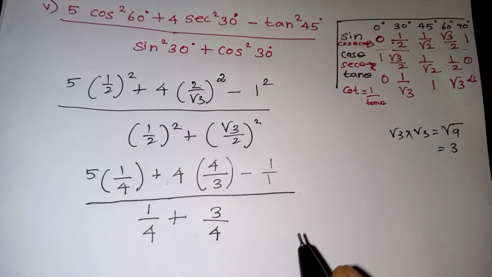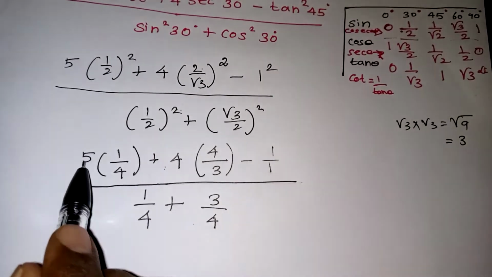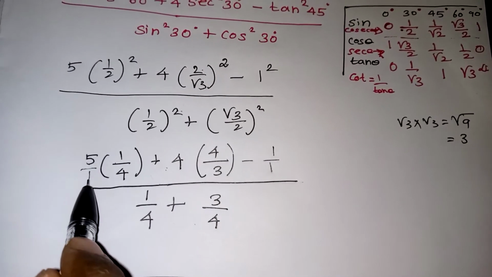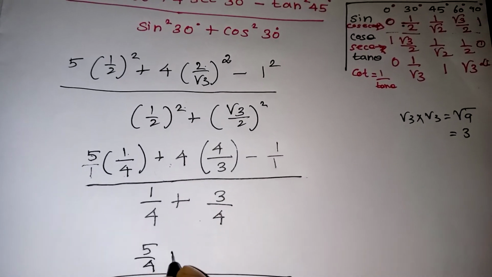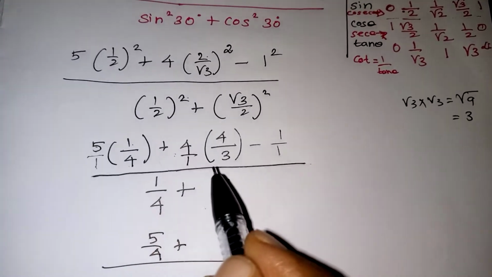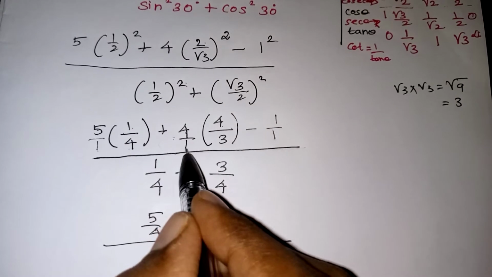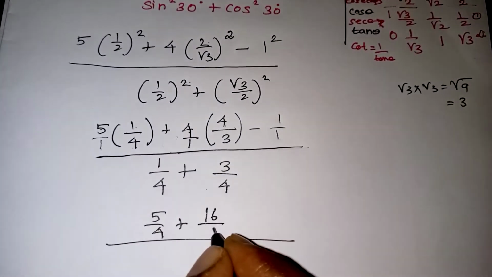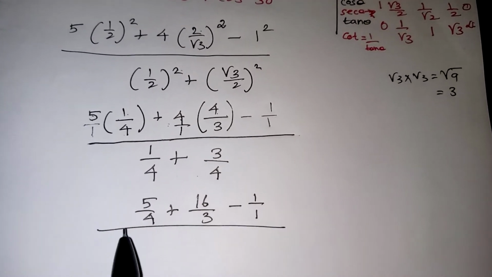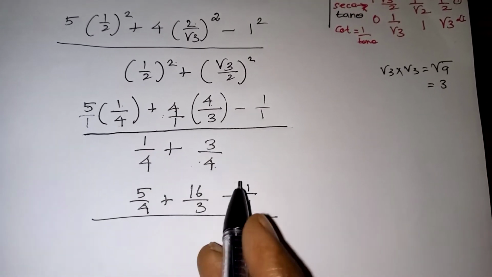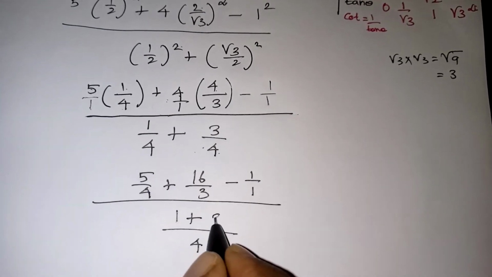So we need to do the simplification for the numerator and denominator once again. So for numerator, whenever we are multiplying, this is 5 by 1. So 1 5s are 5, 1 4s are 4. So we are getting 5 by 4 plus here this is 4 by 1 only. There is no denominator means we should write the denominator as 1. 4 4s are 16, 1 3s are 3. So 16 by 3. Then minus 1 by 1 we are getting. Both the denominators are already the same. So we can take it as 1 common denominator. So that will become 1 plus 3.